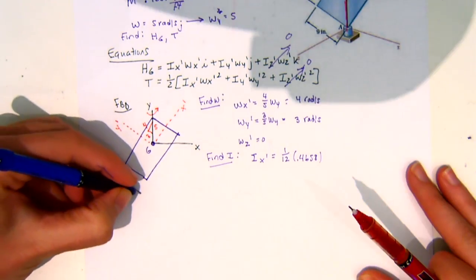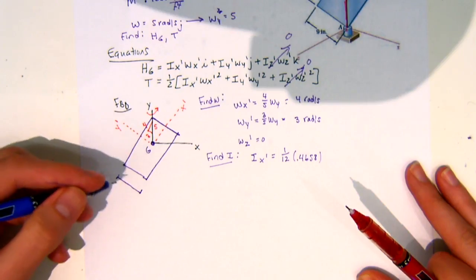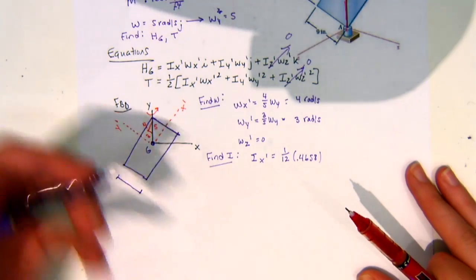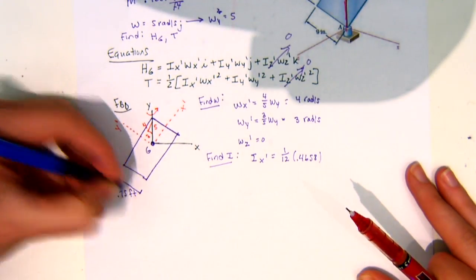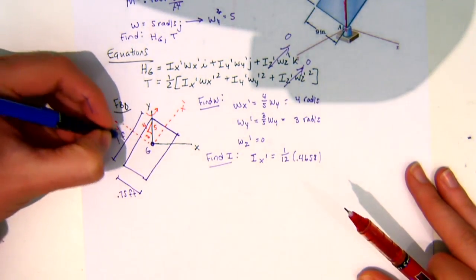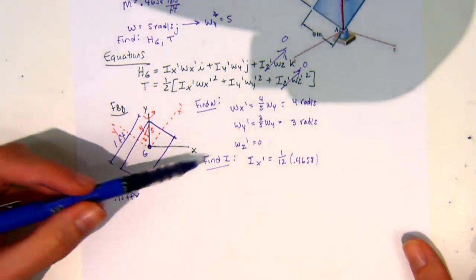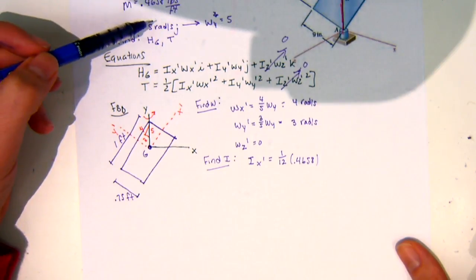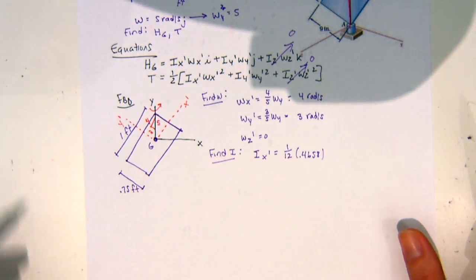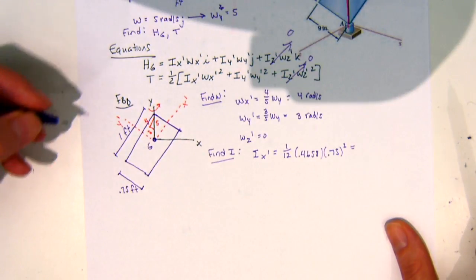So this here was 9, right? And I want to convert that to feet. So 9 over 12 gives me 0.75 feet. And then this component here is 12, so that's just 1 foot. Everyone good with that? That's because my mass is in pounds second squared over feet. That's a really common error, people will just plug in inches, but you need feet for it. So this is times 0.75 squared. That gives me 0.022